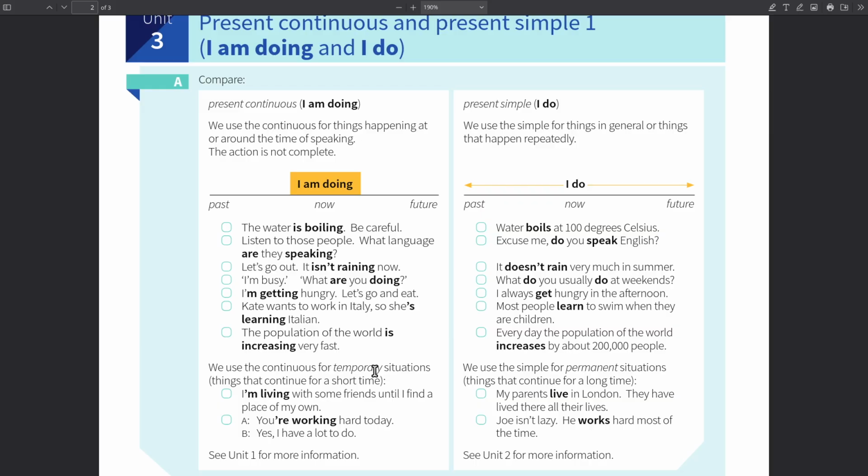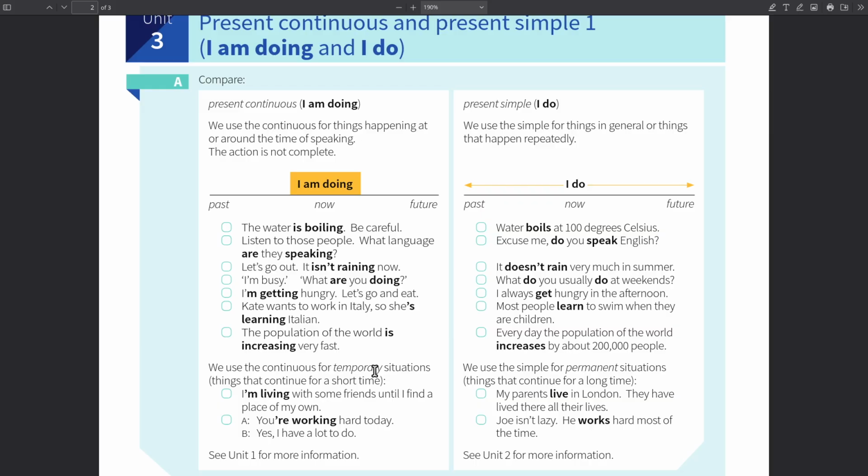When we say she's learning Italian, we're not necessarily talking about right now. Maybe she has been learning Italian for 3 months, for 4 months, because she's preparing to work in Italy, right? So the action of learning Italian for that specific period of time, in this